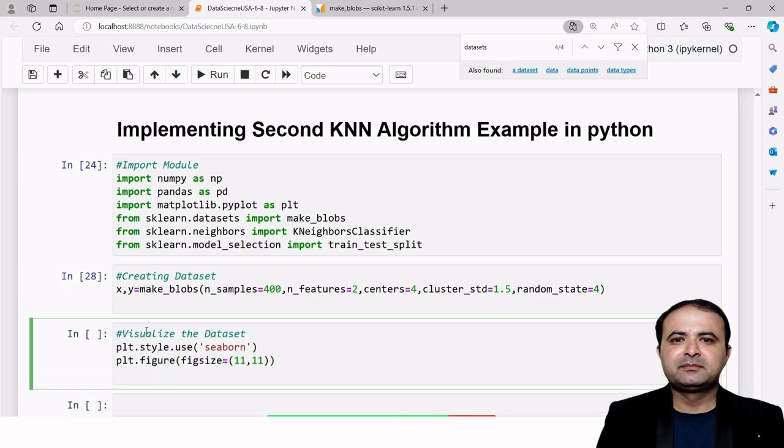And plt dot scatter. Now I want to display how many values I want to display from the X. So the slicing is there. All the values, like all the values from 0